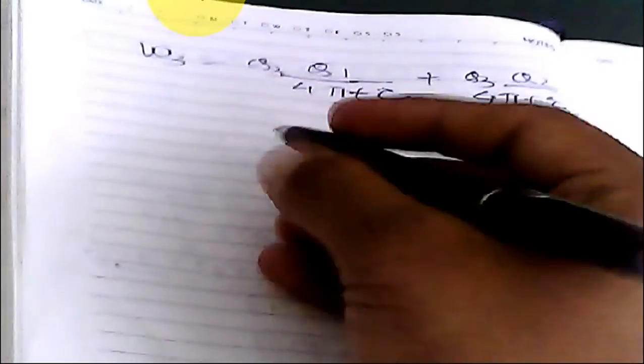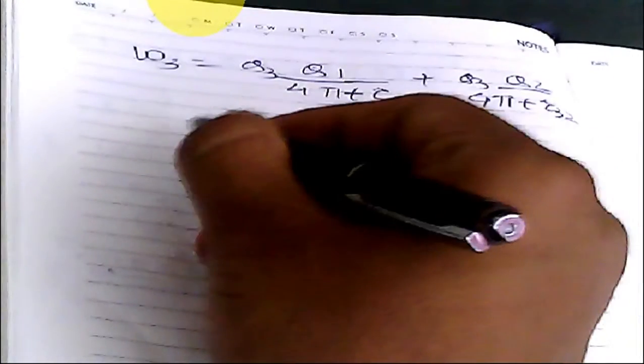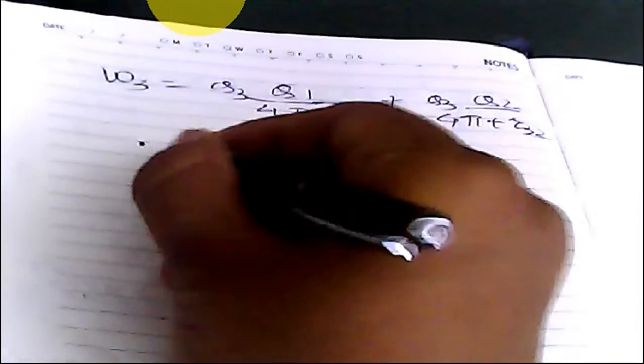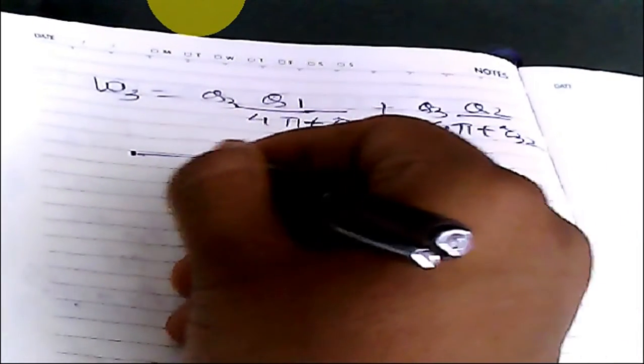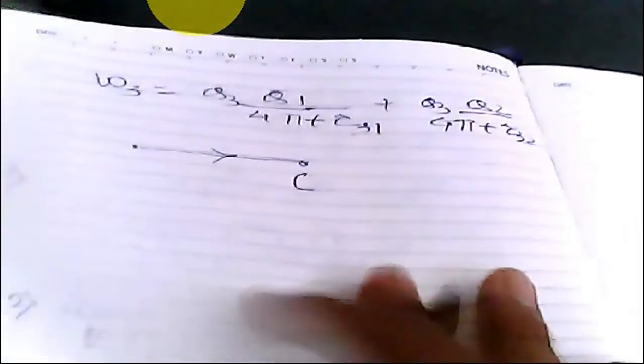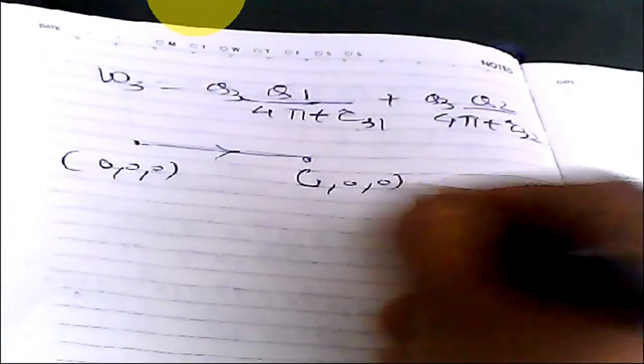Okay, so you can calculate R3 and R2 similarly, and I will just directly calculate the values of R31 and R1, and I will put those values here. So what is R31? This is once again the distance between point 1 and point 3. The coordinates of the third point are 1 comma 0 comma 0, and the coordinates of the first point are 0 comma 0 comma 0.